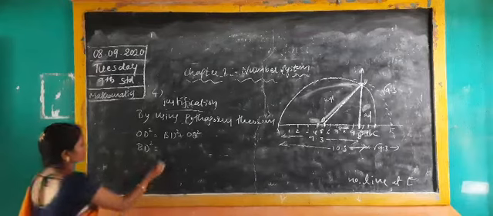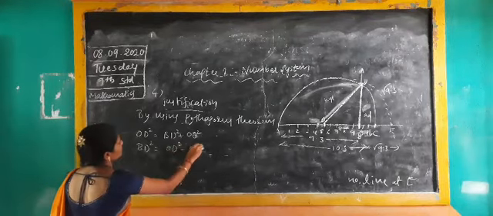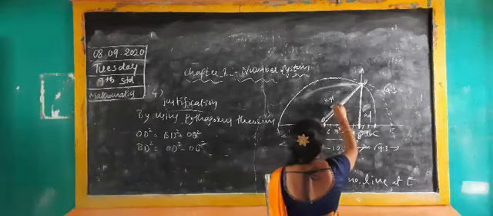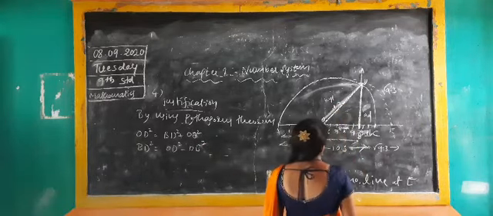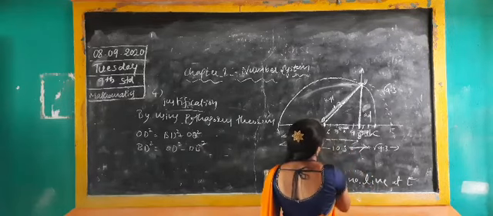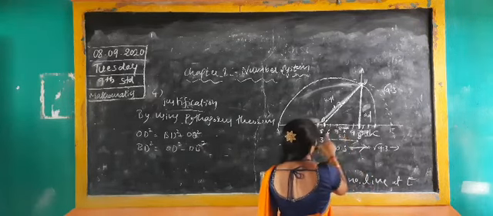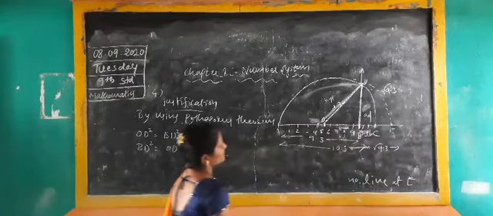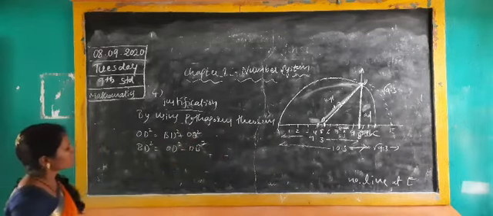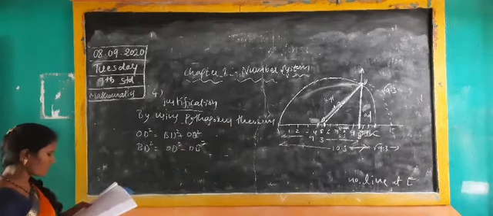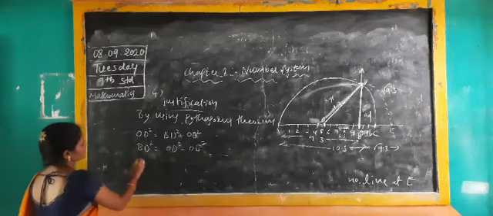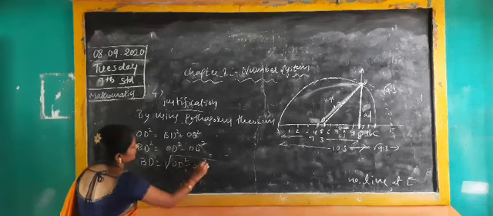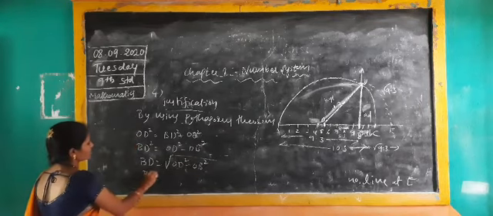BD square is equal to OD square minus OB square. Here, see, OD will be 10.3, and this one you have to take as 8.3. One, two, three, four, five, six, total. This should be 8.3. Means BD square is OD square minus OB square. Write down: BD is equal to the square root of OD square minus OB square.